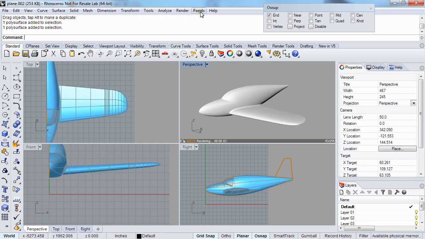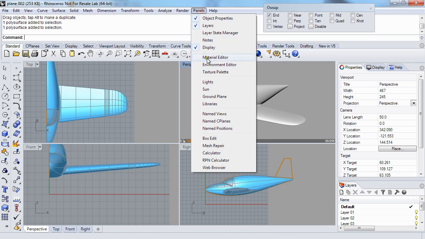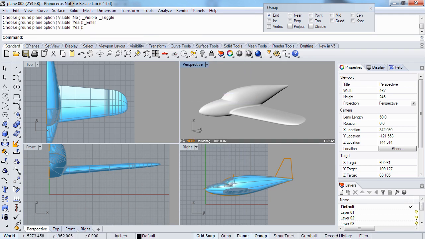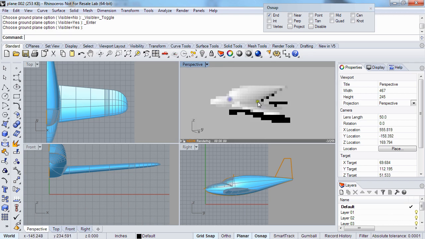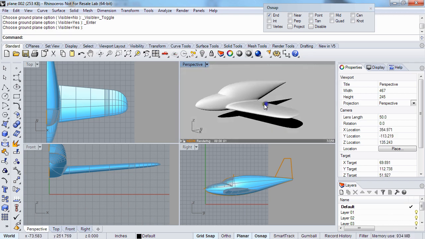Let me turn on the ground plane. Let's turn on a couple other things. Let's turn on the ground plane so that we can see the shadows of what this is on, so we can show what you can do with this. We have our shadows here,